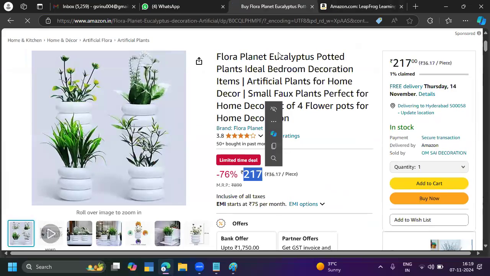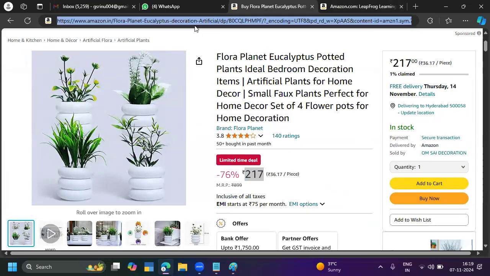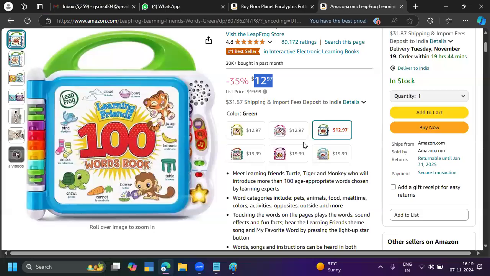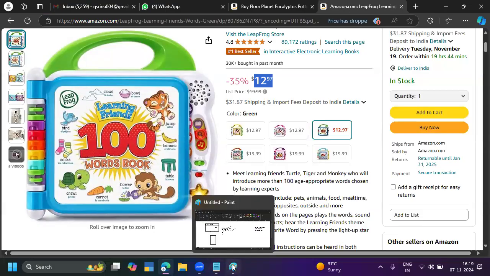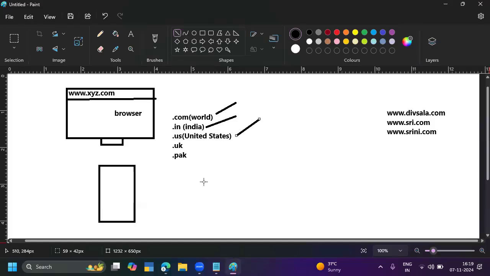So this is one domain and this is another domain. The retailer is Amazon, but Amazon has purchased multiple domains. If he wants to sell products worldwide, he can go with the .com, and if he wants to go with the